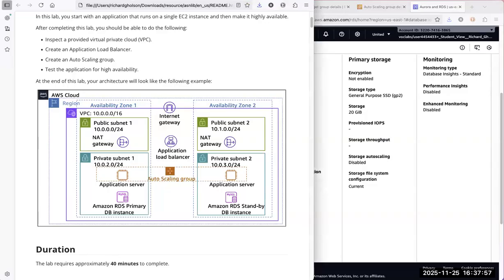So the lab takes about 40 minutes to complete. It might take a little bit longer. Notice there are a lot of working parts, so it may take some of those longer than others, so you may need to wait a little bit. This is going to create a steady state environment so that we are maintaining two EC2 instances. And this will even